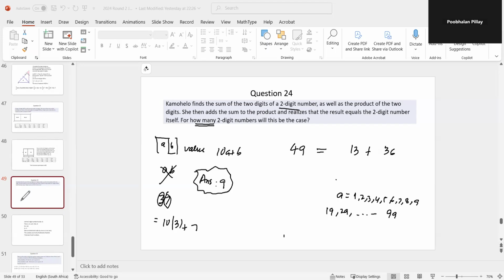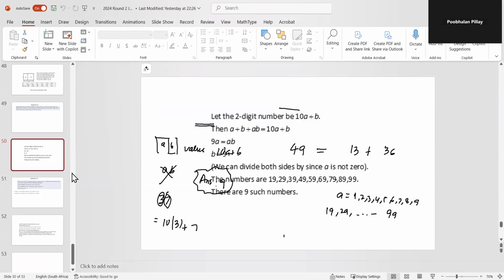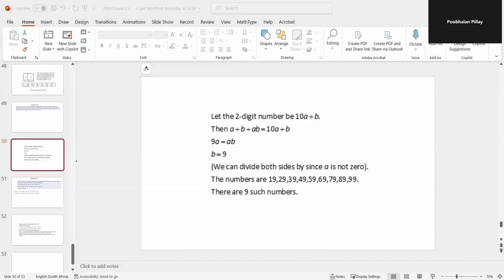All right. So this is the solution. Let's clear this thing out. You can see I've got the same kind of solution, and at the end there are 9 such numbers. All right. So let me move on to the